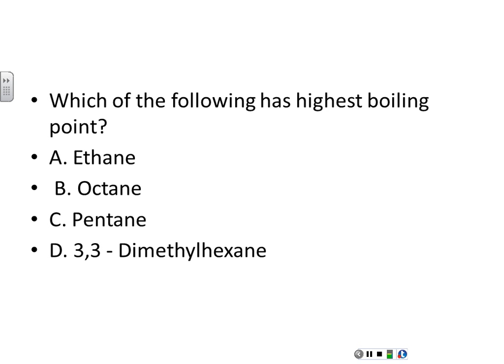Hexane. You always look into the last part first. The parent. Hexane. 1, 2, 3, 4, 5, 6. And this one, 3 dimethyl. There are 2 methyl groups. You know what the methyl groups are, correct? The branches. This is 1 methyl. At third position, there is another methyl.